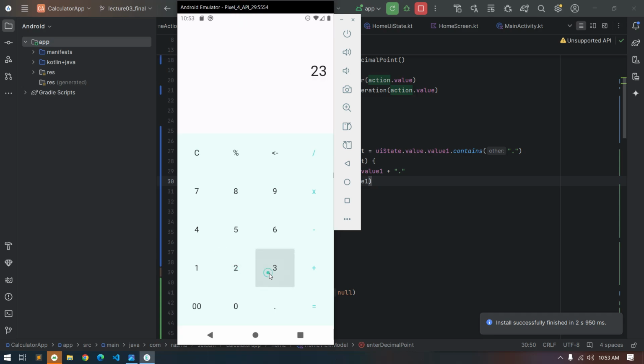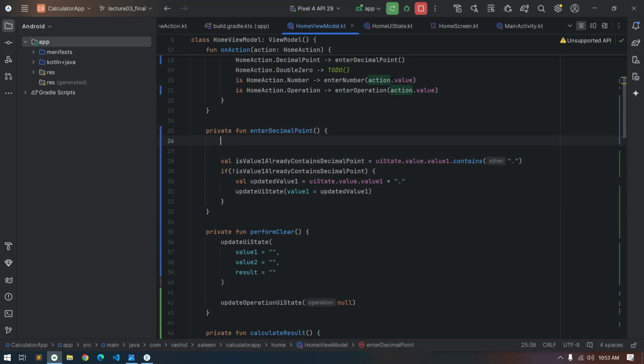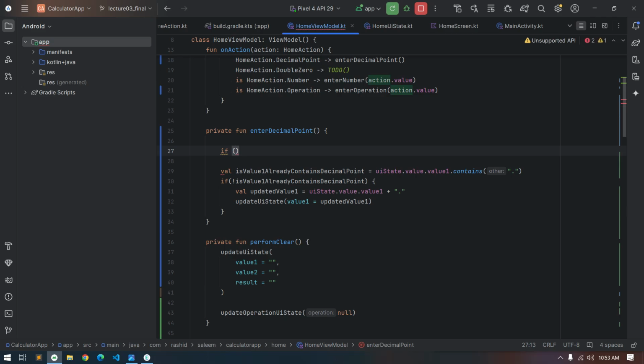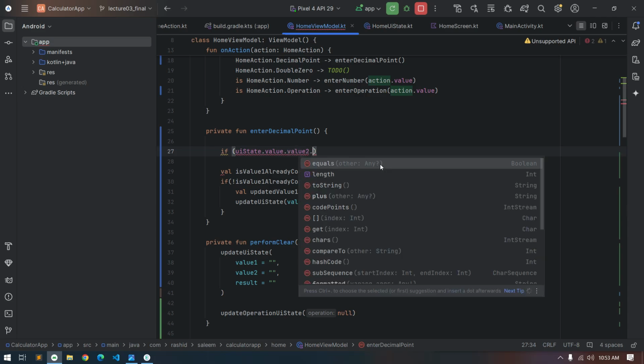Okay, so here 23.2, and as we already have the decimal point here, if I type it again, then it won't be added. So this is the first case, and the second case is, let's say we are entering our second value, and at this point if I add the decimal point, then that decimal point should be added to this value. So in that case, if UiState dot value 2 is not empty,